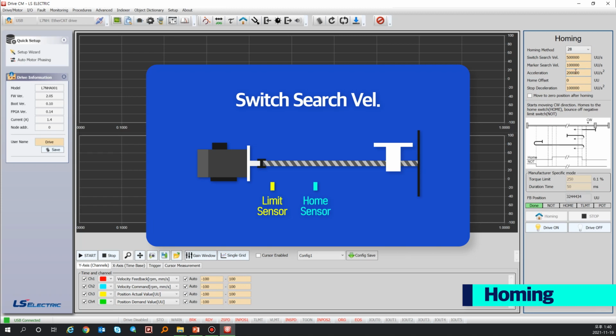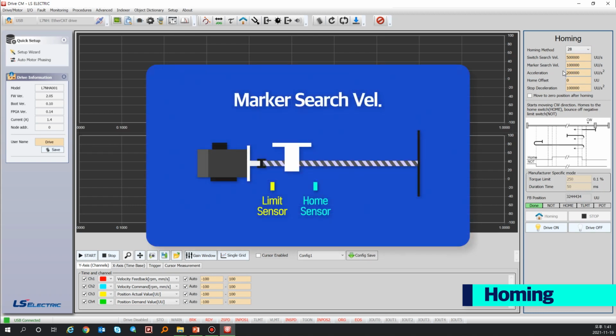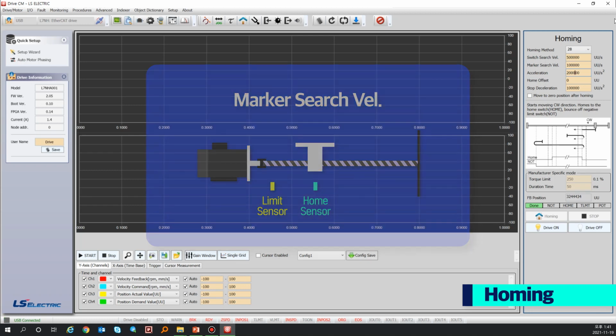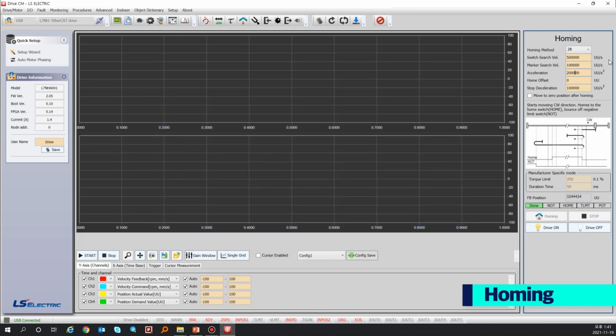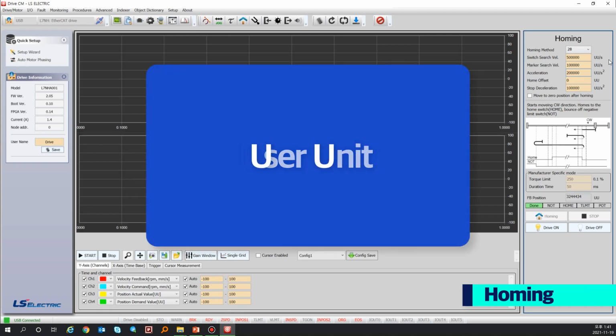Switch search velocity means the high speed of returning to the origin. And marker search velocity means the speed that moves to find the correct position after sensing the home sensor, etc. The unit of speed is shown as user units per second. And UU is short for the user unit, which means the speed in pulse unit applied up to the electronic